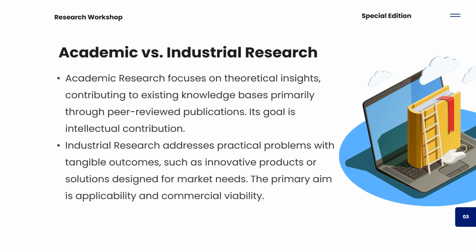We can't be doing academic research when it is not making impact in the industrial space. I'm beginning to lay this foundation because these are things that will inform your decision when you are concluding on your research topic, regardless of your background. All right. So in the academic space, what contribution are you making? In the industrial space, what is the impact of your academic research?